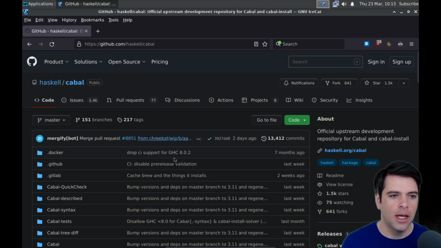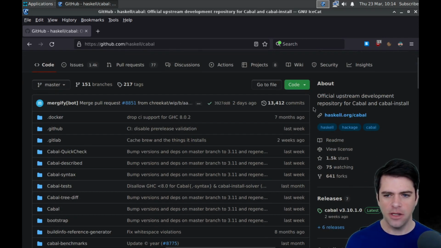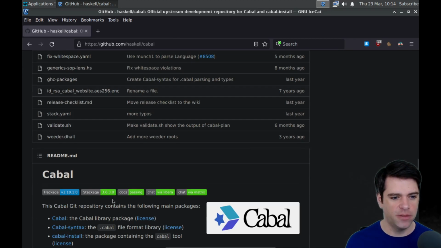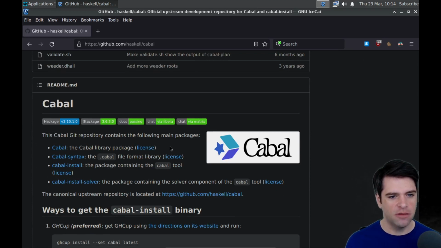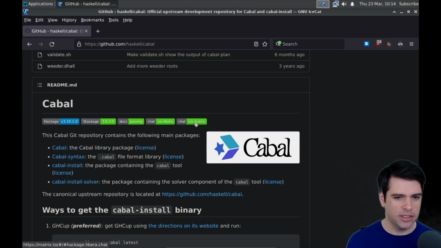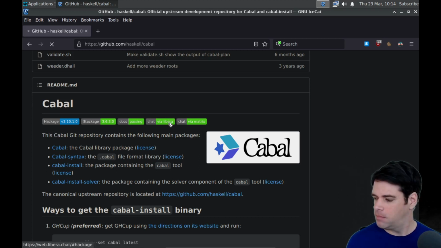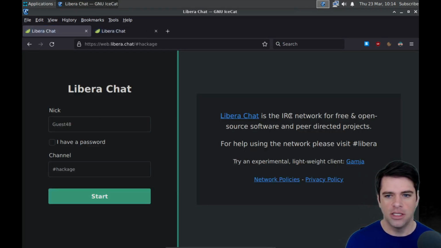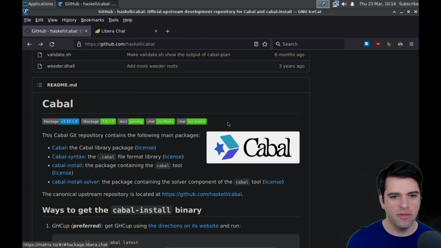So here's Cabal. I am on their GitHub. Haskell, I think, also has a GitLab. I don't really remember where it is, but GitHub seems good enough for our purposes. There are a couple of things in the README that caught my eye. One is that I can chat via Matrix, which I think is a distributed chat thingy. I don't know what Libera is. That might be like, what's it called? IRC? Let's find out what this is. It's an IRC network. Okay. So you can chat with them via IRC or Matrix.